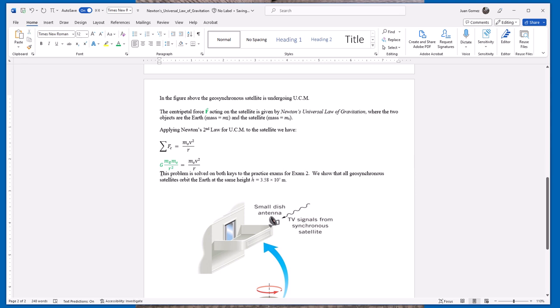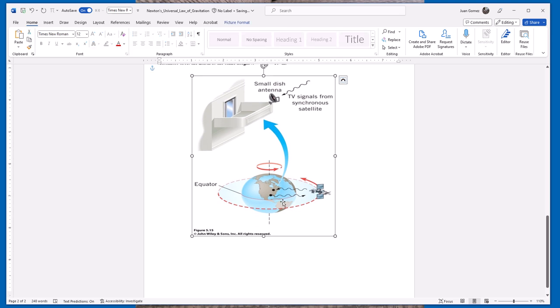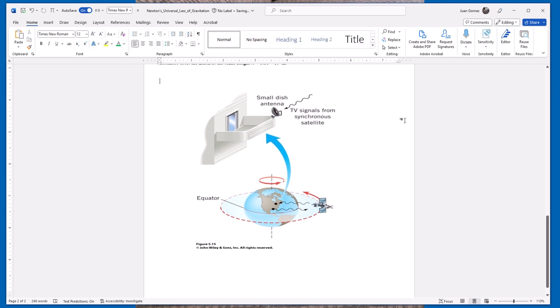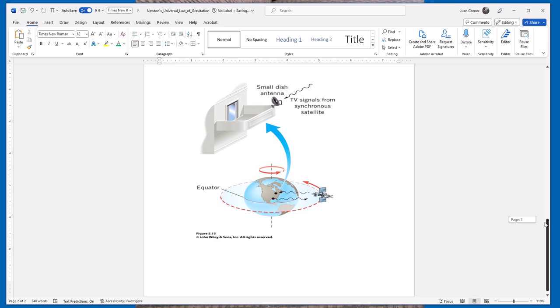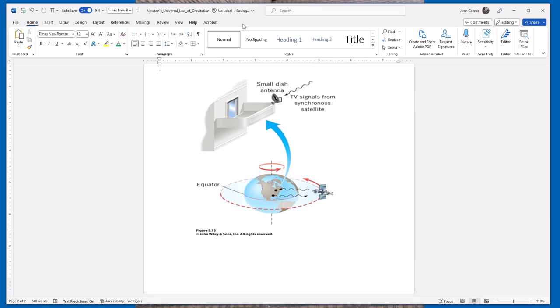All right, but that's a geosynchronous satellite, and a future lecture will actually work the geosynchronous satellite problem. All right, let me go ahead and save this video and get it posted. But the important thing is